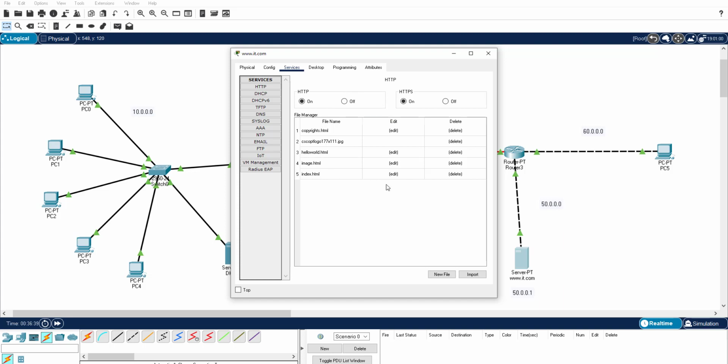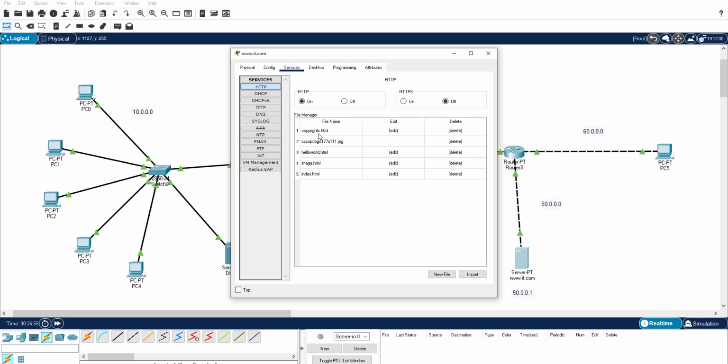By default the HTTP service is already on. HTTP is on, and HTTPS is also on. HTTPS is the secured one. I turn off HTTPS, because I want only HTTP.